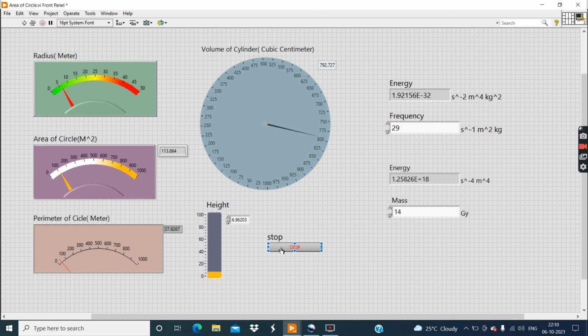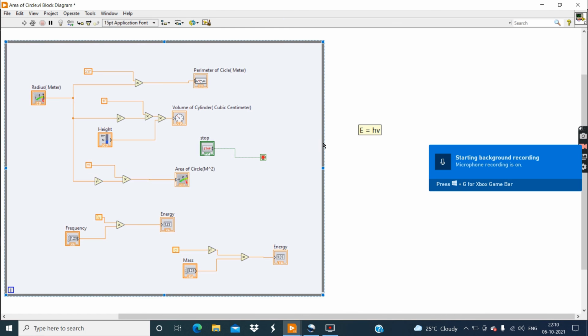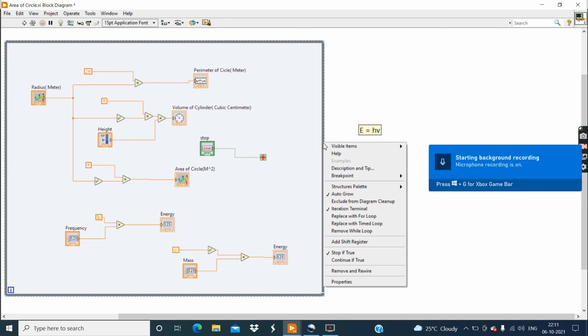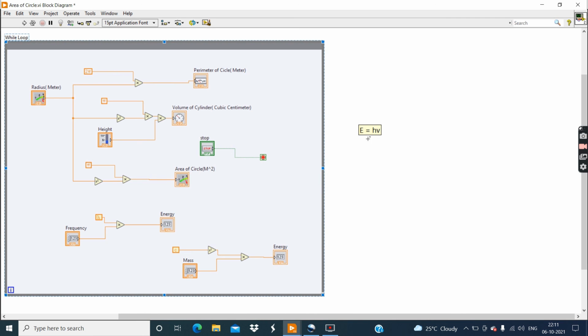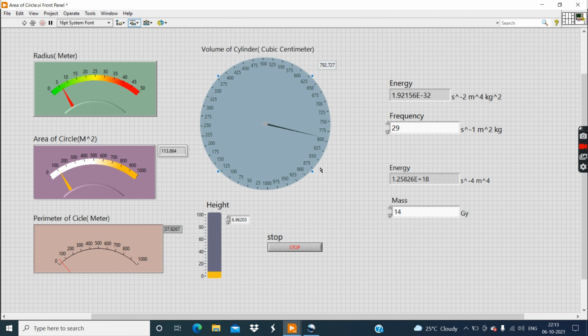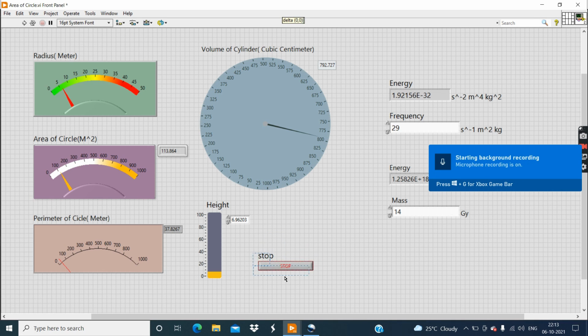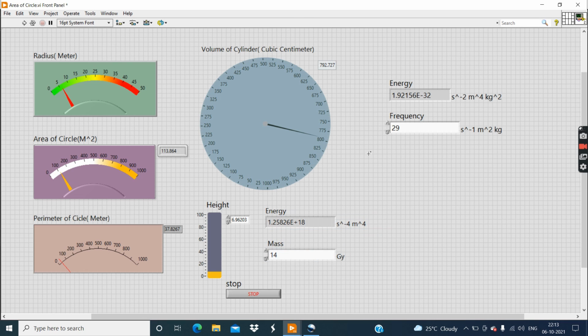Okay, now click on this stop button, then go to the block diagram window, click on this while loop, right click and go to the properties and click on this appearance, subdiagram label visible and click on this OK. Now again go to the front panel window. Yeah, and then change the position of this stop. Similarly, this energy, change the position of both of these, E is equal to mc square and then E is equal to